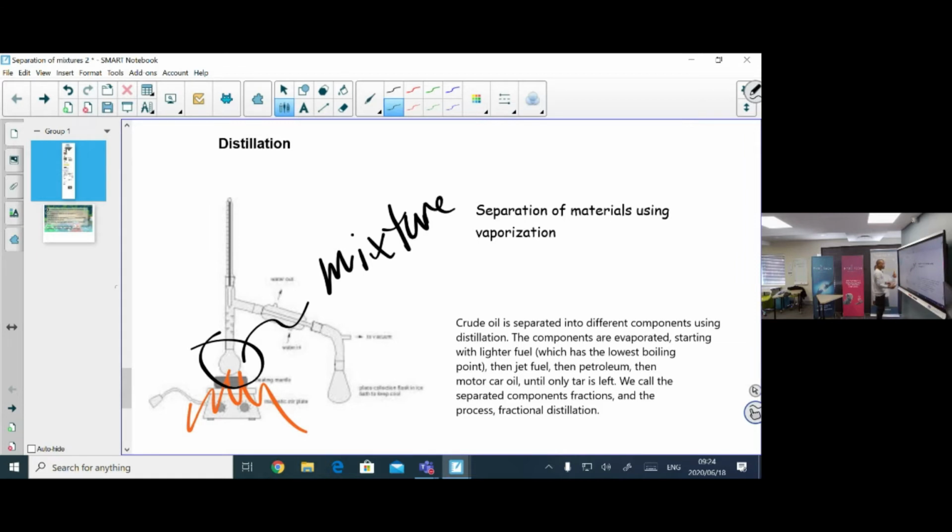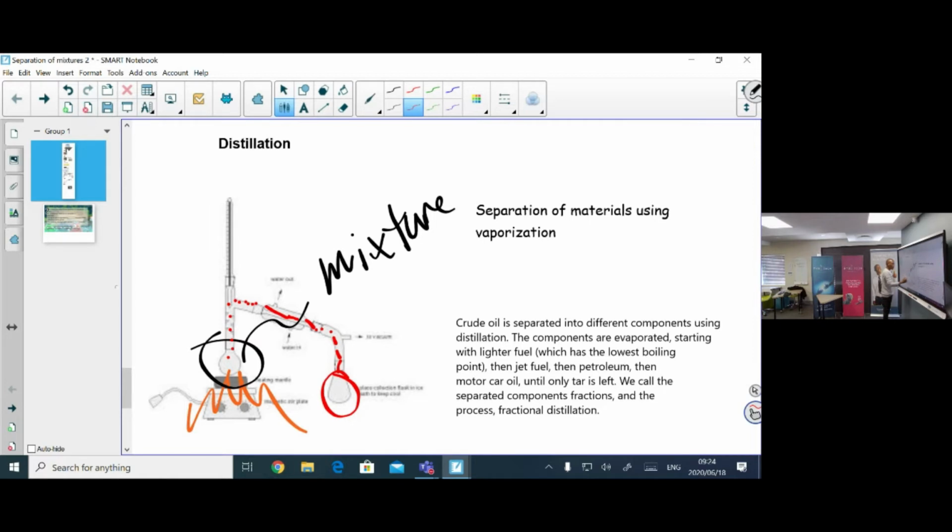We apply heat to it, and once it hits a particular temperature, the substances inside will heat up. And once we reach a temperature at which one of the substances is at its boiling point, the substance will vaporize, right? Upon vaporizing, we collect it through this tube,